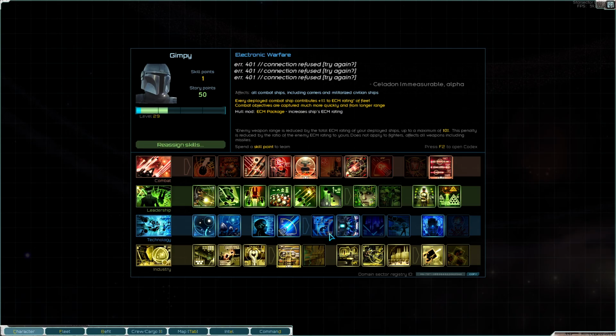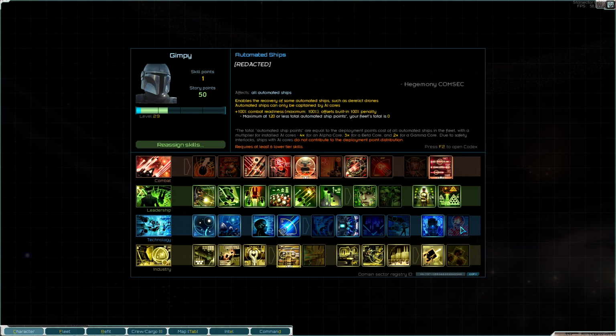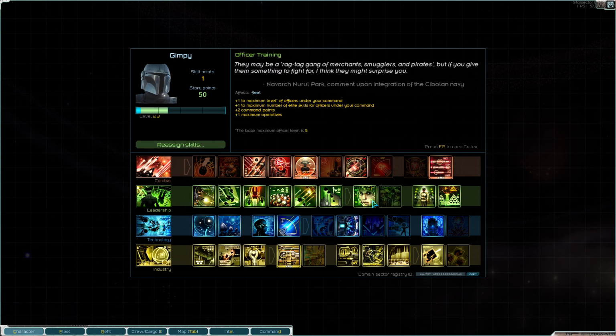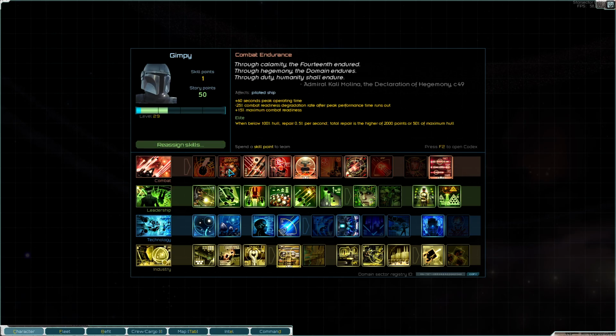Electronic warfare. Base ships we don't use. Ships with neural interface mods, so we don't really do that either. We don't have any automated ships, so there's a lot of this stuff we're not picking up. What level am I at? I'm at 29, thanks to a mod. So,